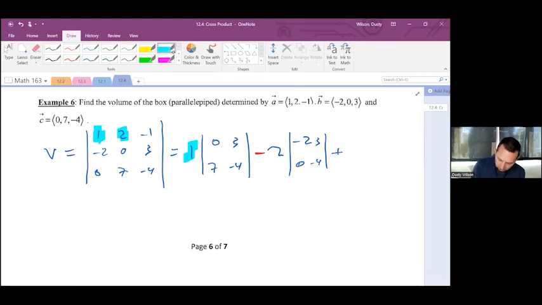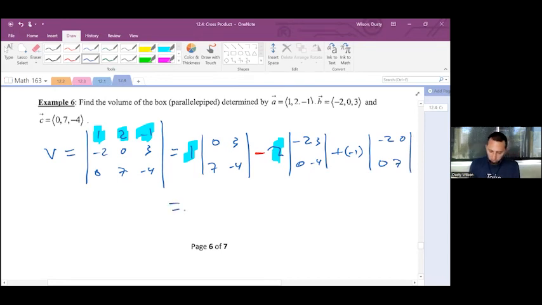And then we add -1 times the determinant of -2, 0, 0, 7, which is a funny way of writing 1 times -21 minus 2 times 8 minus 1 times -14,